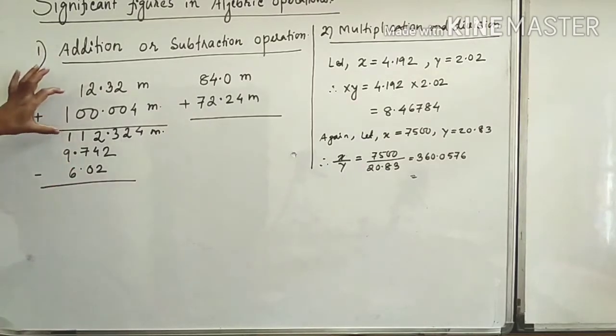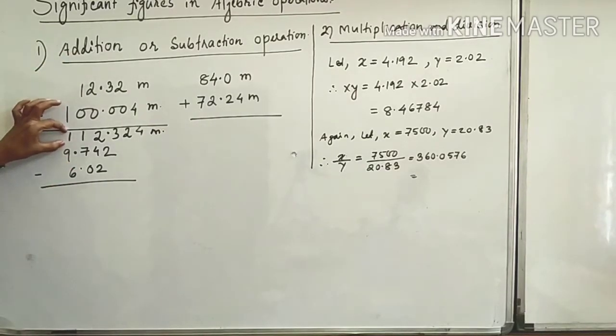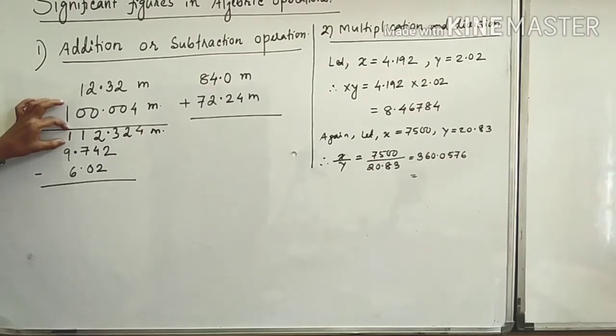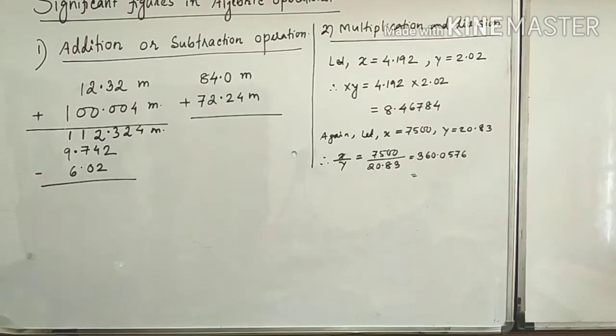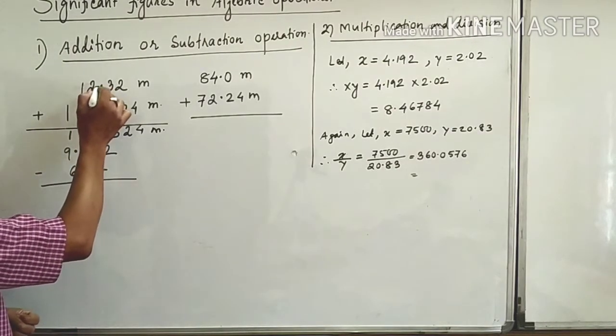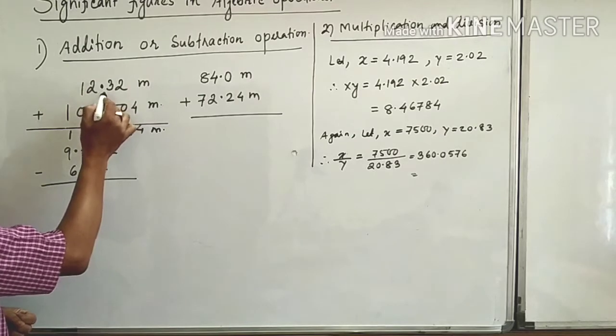Now we have to round off this result. What is the rule here? We have to look at the first number, 12.32, you see there are two